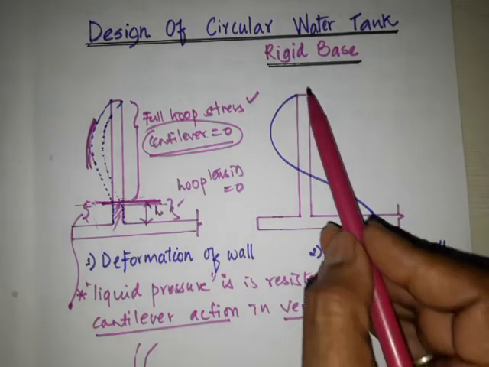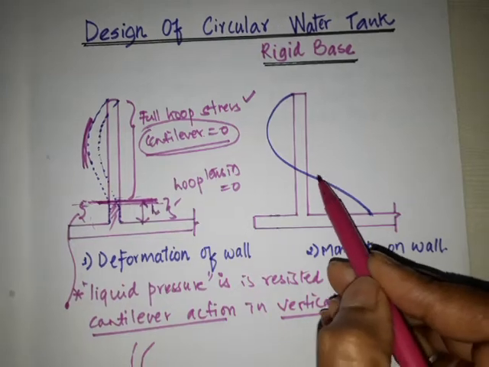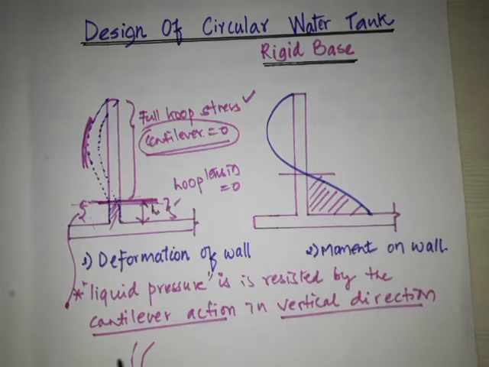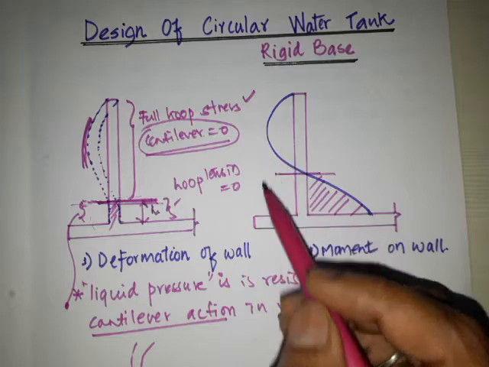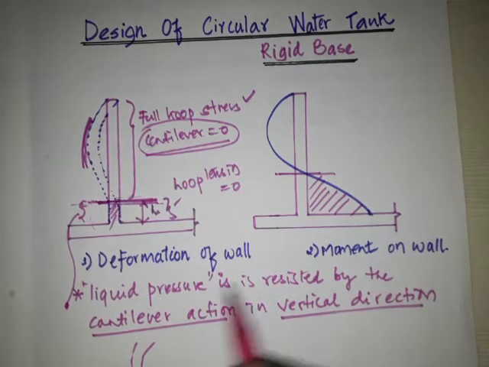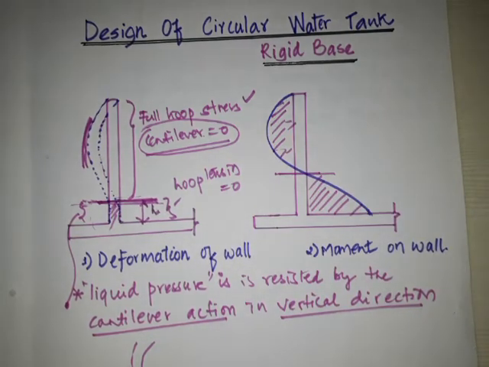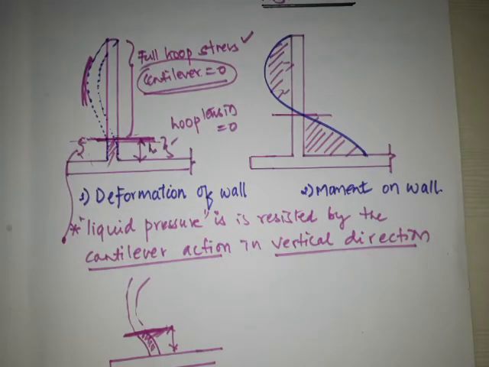Okay, and also we have the movement in the wall. So how will the movement get transferred here? You can see because of the fixity we have the movement in this fashion. And when the wall behaves like a horizontal slab because of the hoop tension, we get this bending diagram or the bending distribution in the wall. This is very important to understand: because of the fixity, the behavior of the wall changes. So I repeat once again, what is the change in the behavior of the wall?